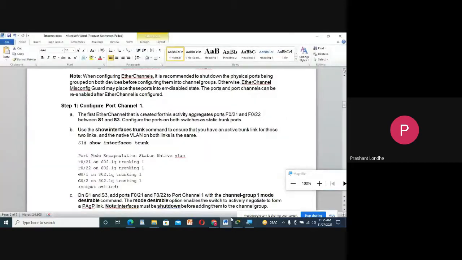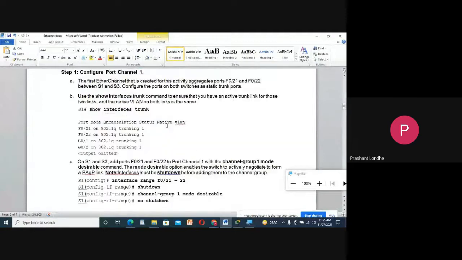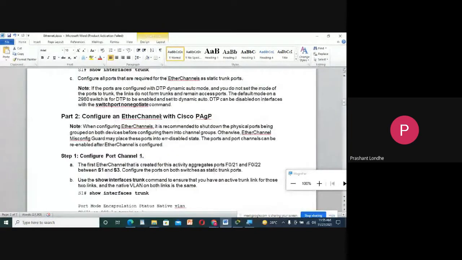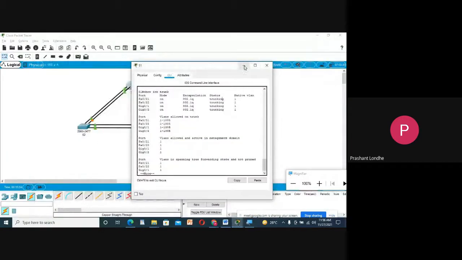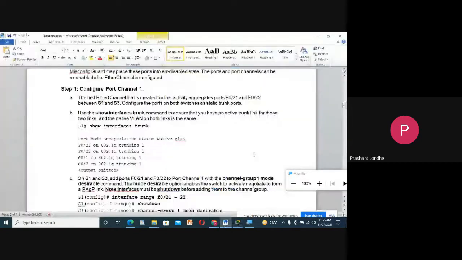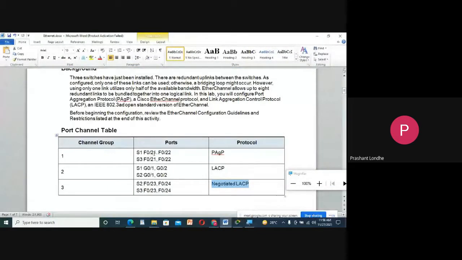Now let us check for the next thing. Here, what we are supposed to do, we are supposed to implement the Cisco PAgP protocol. So simply what I have to do here, just check the requirement that we have for ports F0/21 and F0/22, and from switch S3 F0/21 and 0/22 I require PAgP protocol.